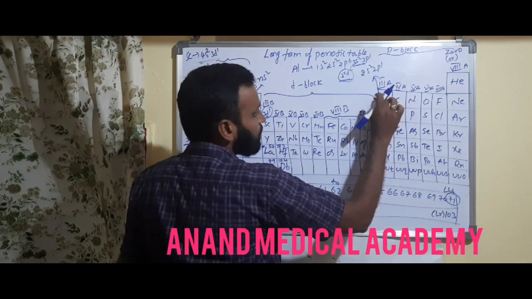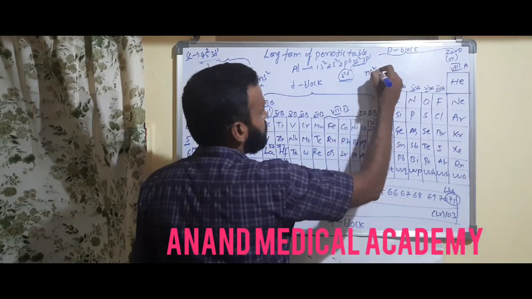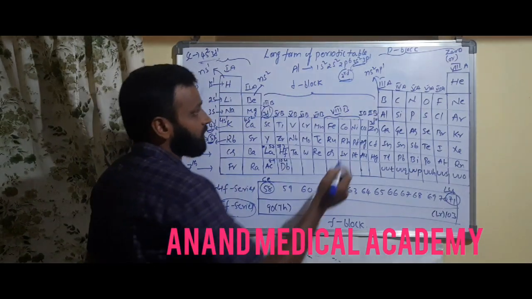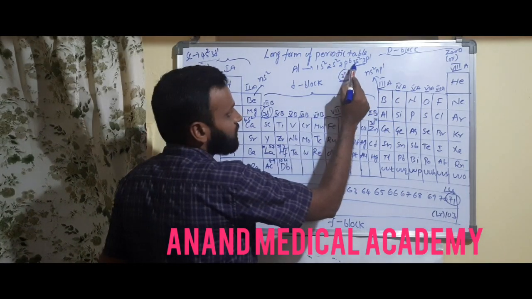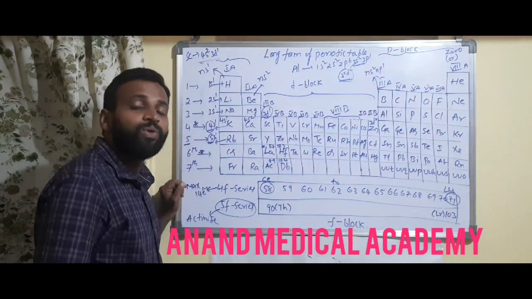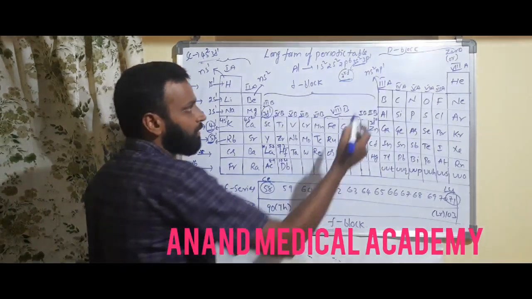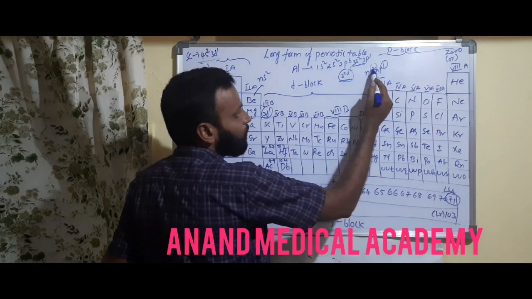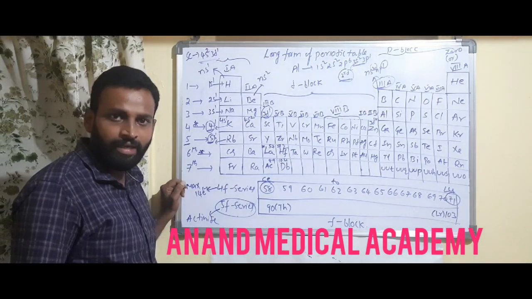So this third A group configuration is what? This ns2 np1. That means you have to observe one more thing. So boron is coming 2s2, 2p1. Period you can say from this number. But from the number of electrons in the valence shell you can say group number. Understanding? Number of valency electrons what you have, that is equal to group number. 2 plus 1, 3. So this is third A group element. Getting what I am saying?